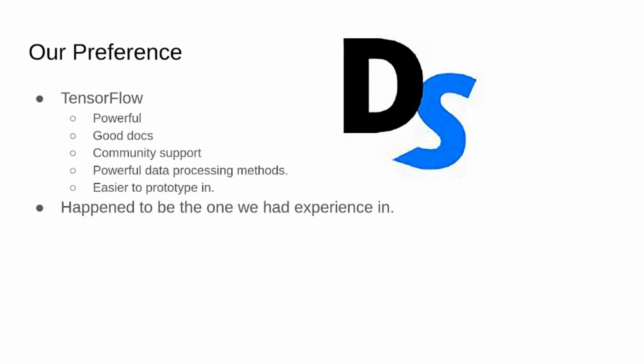Now, our preference at Deep Shift Labs. All of our artificial intelligence, including the Magist algorithm and Project Zeta, are being developed in TensorFlow. The reason is partly because it is powerful, has good documentation, community support, and it's very easy for us to prototype in. But another major reason why we use TensorFlow is simply because that's the one we decided to learn first. All of our AI researchers at Deep Shift Labs, including me, we started with TensorFlow and had a good basis of understanding